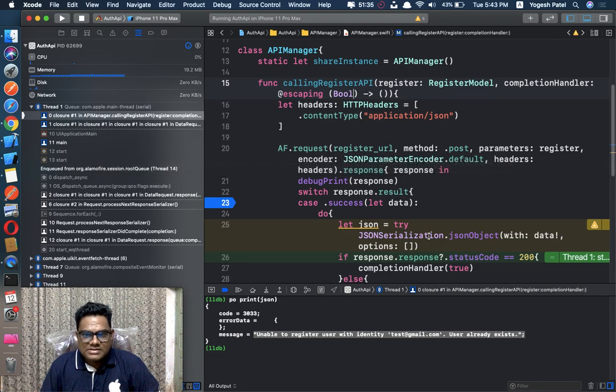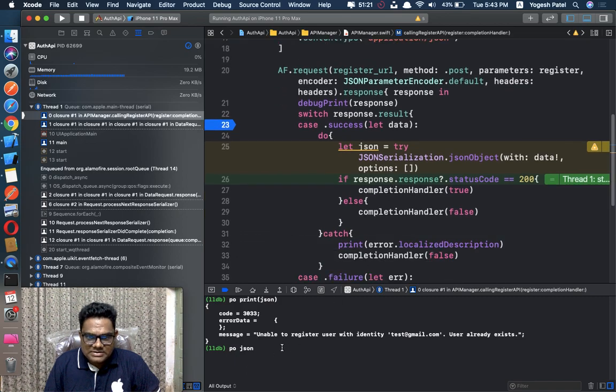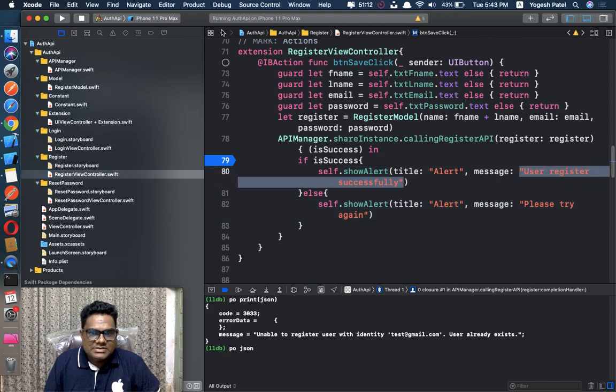Then you create a completion handler that contains two values, boolean and string. So you have to just pass the string, because we don't need to give the message here. We pass the message from the API manager, and that message you have to add here.